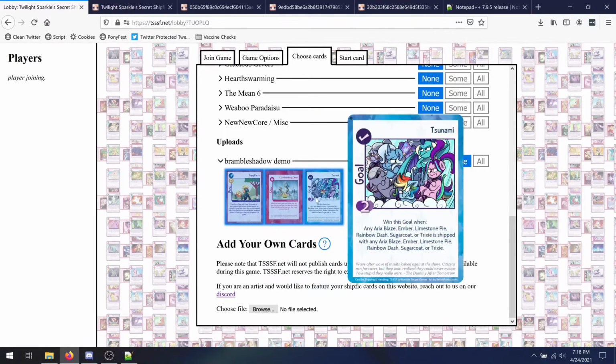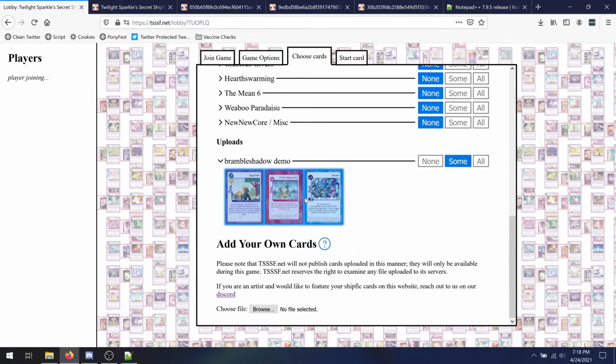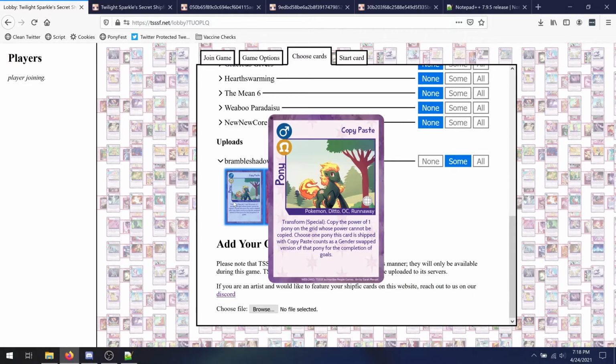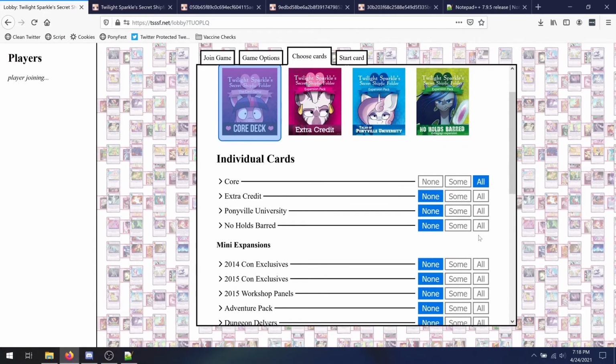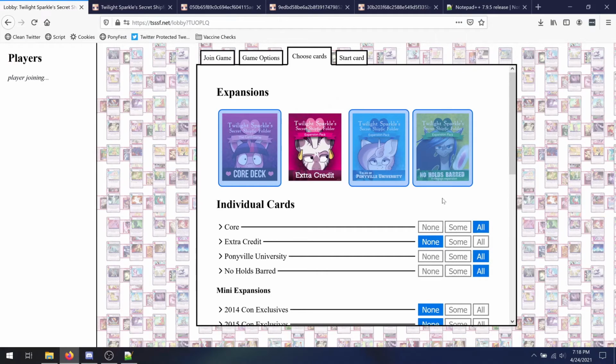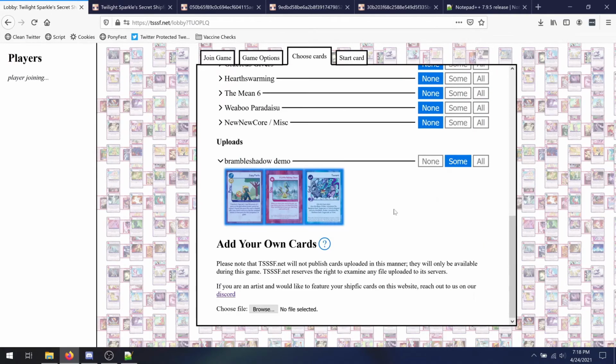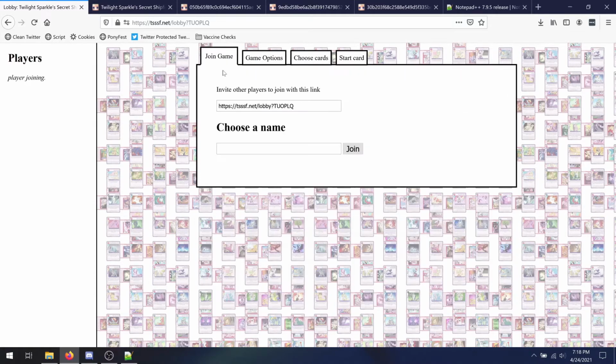Now, I'm going to show you how we can test some of these goal cards out. If you want to test these, you'll want to combine them with other cards that can potentially trigger. So this one has the OC one. If we want to test the thing, I'm going to add some other cards to the game here so we can easily test those out. I don't think we want extra credit. Seems good. So here's how we can test them out. When we start the game,